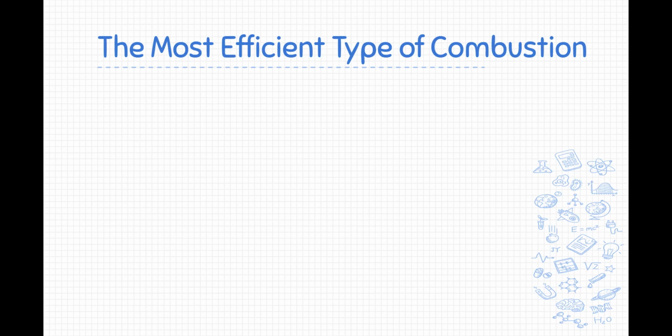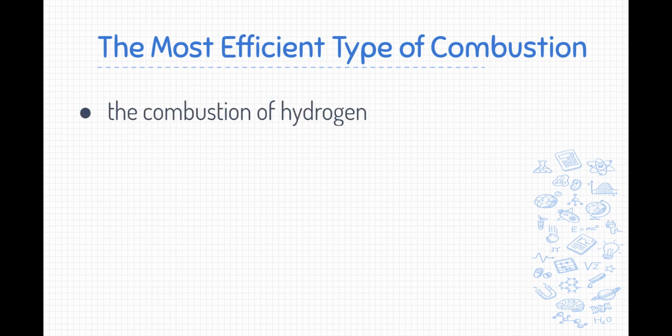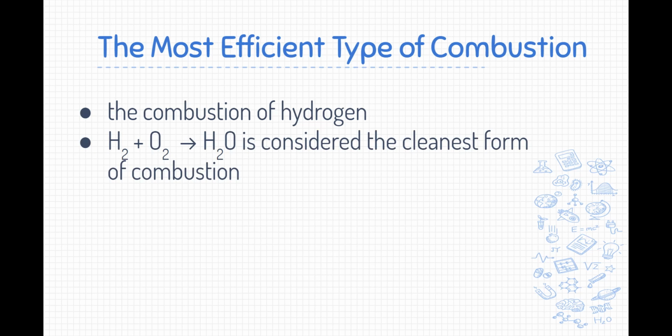So, as you probably know, most forms of combustion in our everyday lives are fairly inefficient. They're fairly incomplete, which means we don't break down the hydrocarbon completely and we're left with some unwanted byproducts. There is one type of combustion, with a specific type of fuel, which is viewed as the most efficient, and that's the combustion of hydrogen. And so this is one of the reasons why hydrogen fuel cells are a large area of research for developing a green and clean economy,